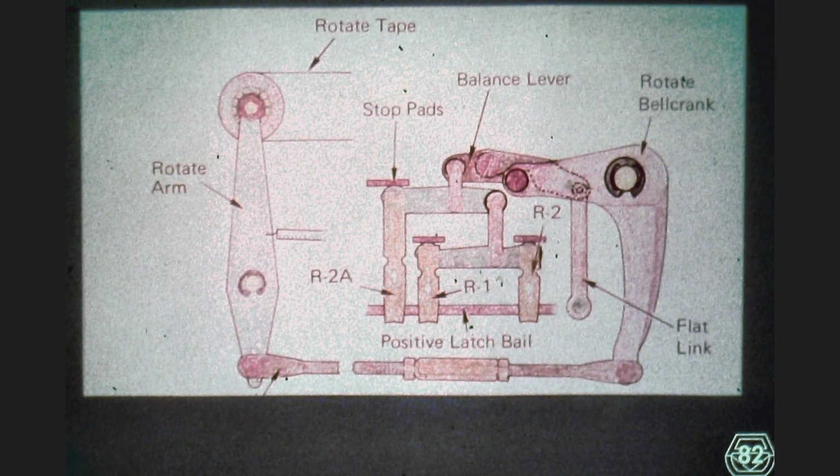The balance lever is divided into two equal parts. It is connected to the rotate bell crank at its exact center. Going down on the left side, the balance lever is connected to another lever, colored blue in this picture, which you should think of as being divided into 5 equal parts. On the right of this blue lever, it is connected to a third lever, which is divided into 3 equal parts. On the blue lever, the link connecting it to the balance lever is fastened 3/5 of the length of